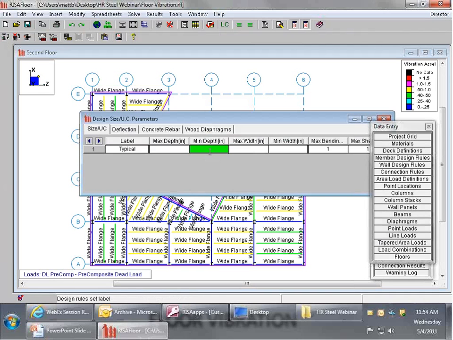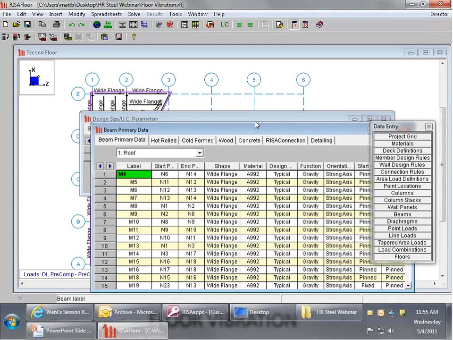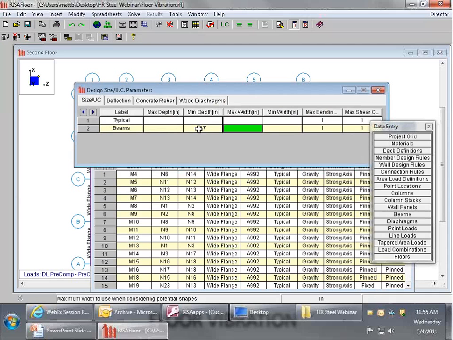And so what I'm going to do is I'm going to set up a new design rule, and I'm going to call this new design rule beams. And I'm going to tell the program that all beams need to have a minimum depth of 17 inches. Now, why did I say 17 inches as opposed to 18 inches? Because in practice, what I'm going to do is force all these beams to be W18s or larger. Well, the reason I did that is because the program is going to take this depth very literally. And what you'll find is that some W18 members have a depth of 17.9 inches,